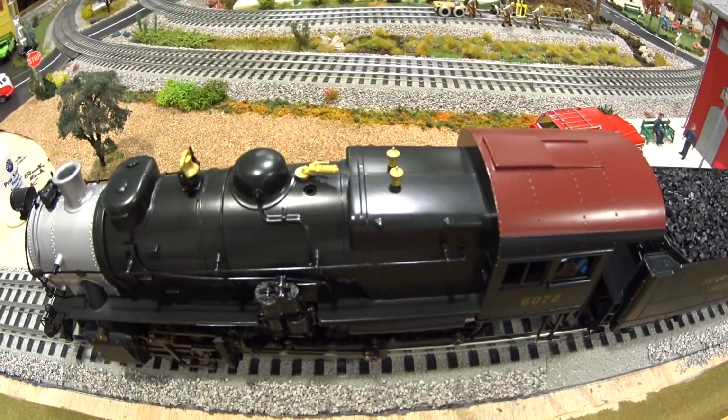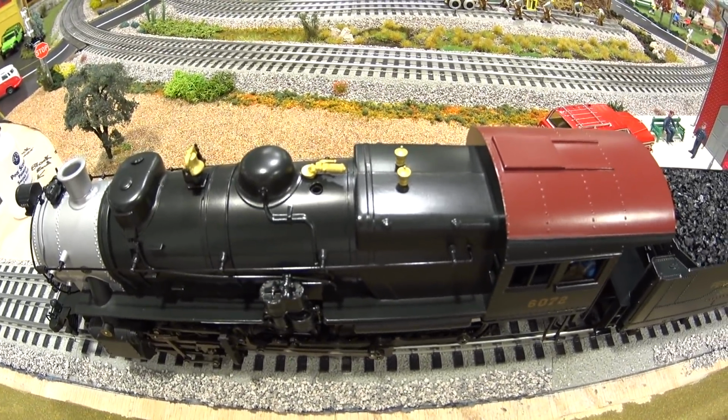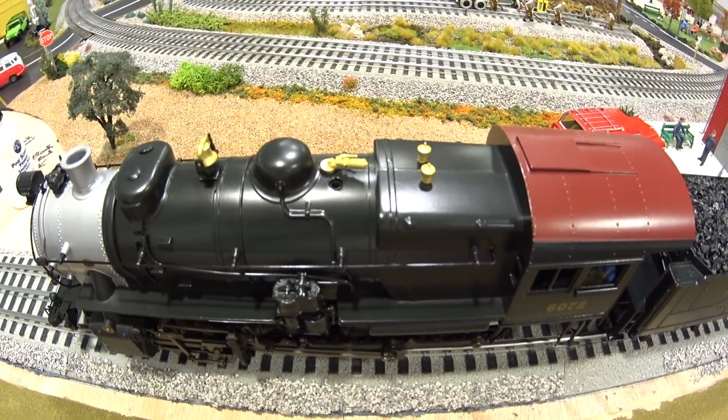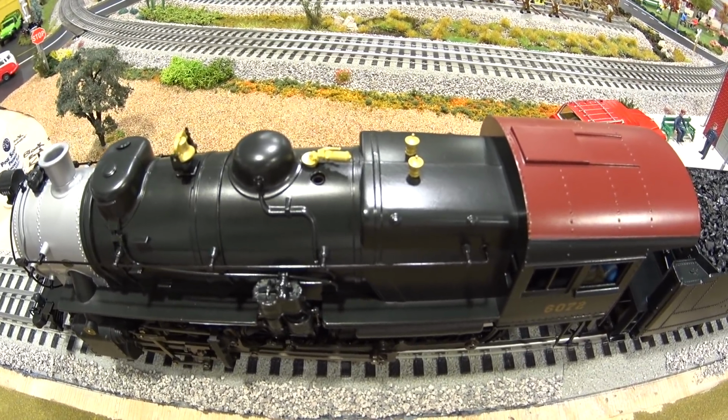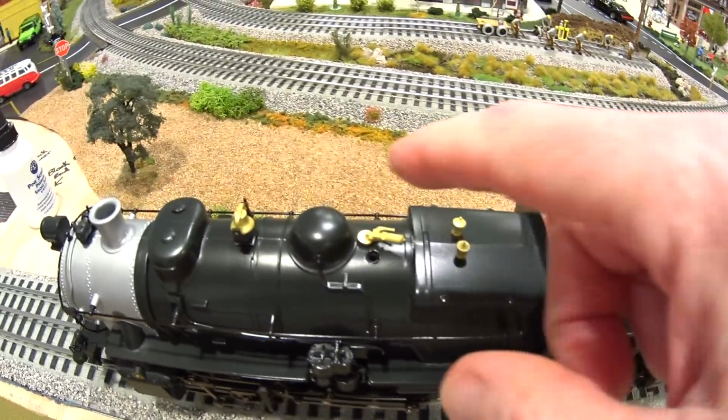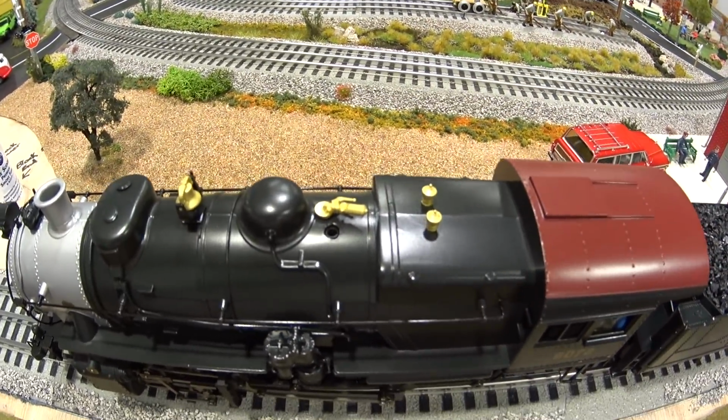Okay, so first confusing thing. In the book it says that this has two separate smoke units, each must be filled separately. So the main stack and then the whistle steam. And then it says to fill the whistle steam, remove the whistle detail, which would be the little brass piece here, and fill